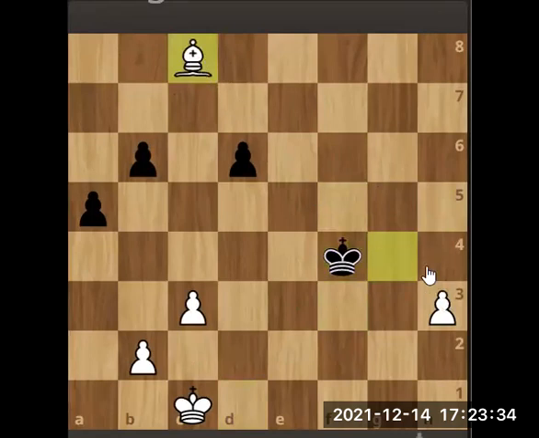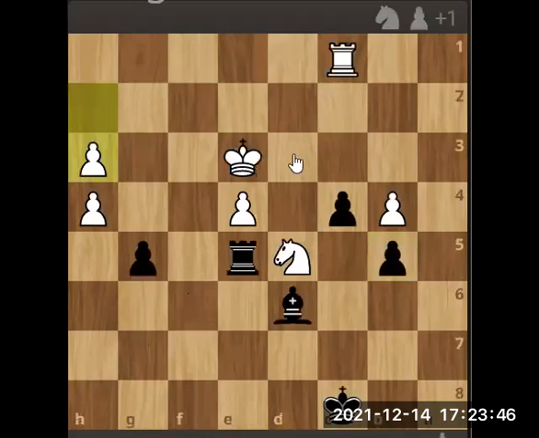Now we can somehow manage to get a passed pawn here if we are careful. Now how we will get a passed pawn, let's leave that for another video. So now going on to the fourth one, which is harder than the first three. Here the skewer is not obvious, but still it is somewhat similar to the third one. These two are along the same diagonal again.